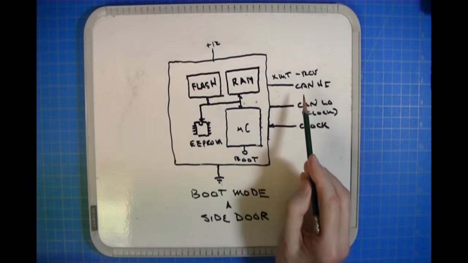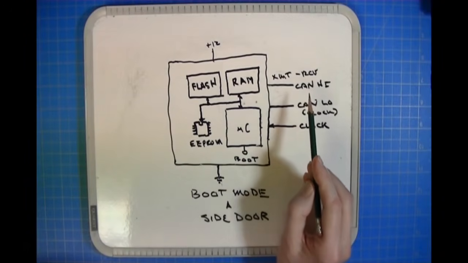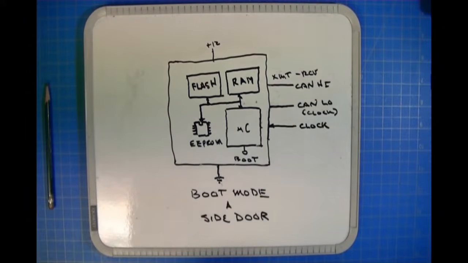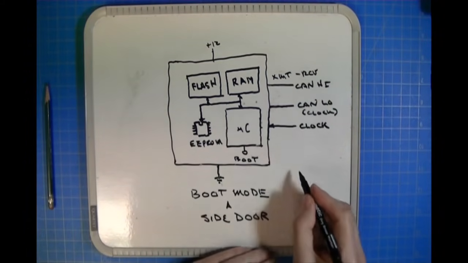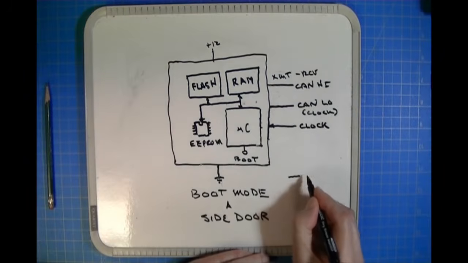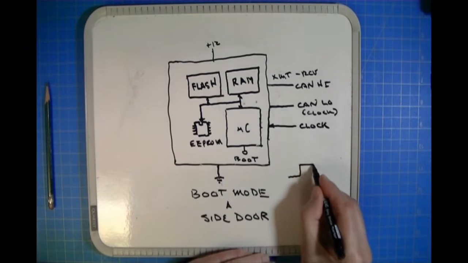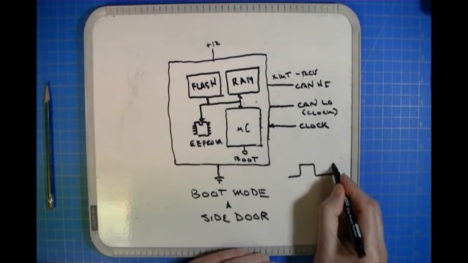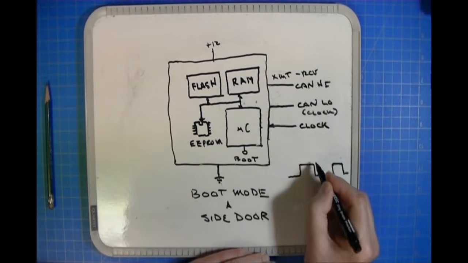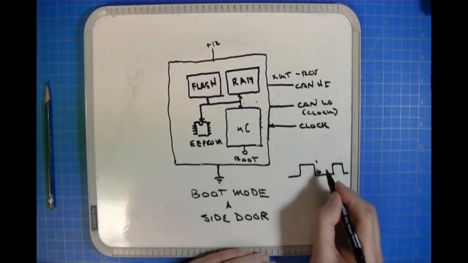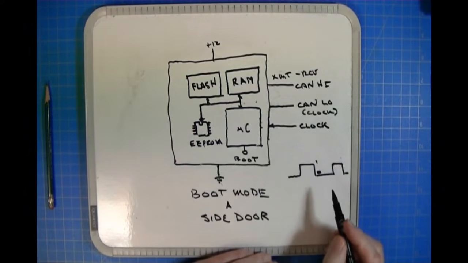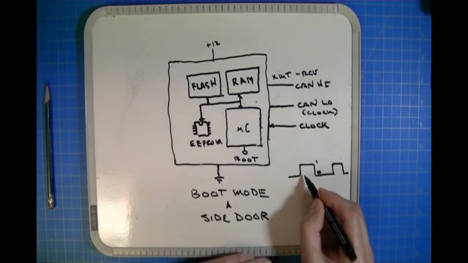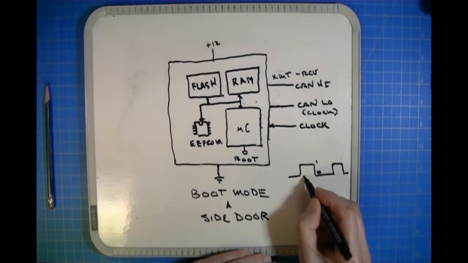Okay, and in order for those bits to be processed properly, I'll try to draw it here so perhaps you can understand better. If you have bits coming in, this is a low, this is a high, this is a low, this is a low, low, low, this is a high. Okay, there has to be some way. This is a 1 state, this is a 0 state. There has to be some way for the processor to know that at this particular point in time, right here, it's got to